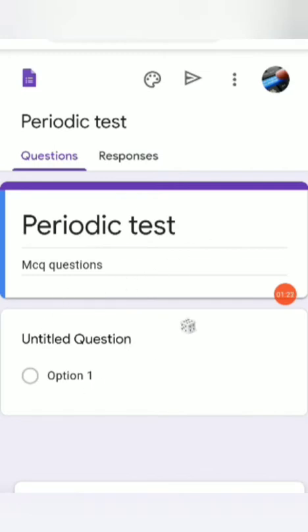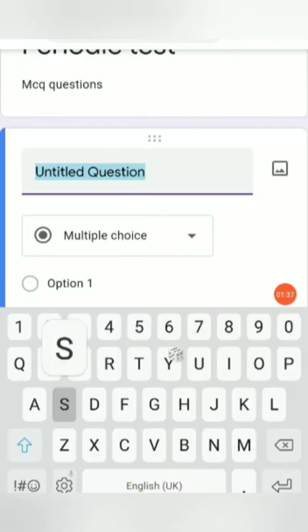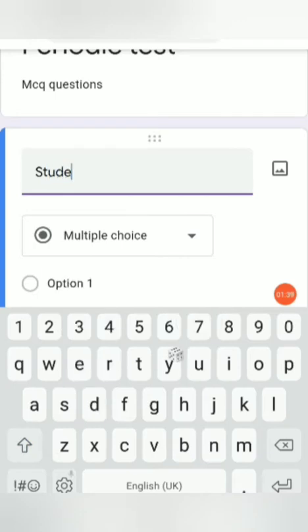Now I want, when the student starts this test, first of all the student fills the form like student name, school name, roll number. So I just click on this untitled question and write here student name.